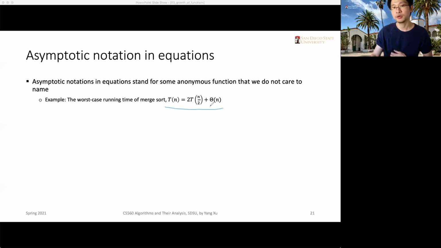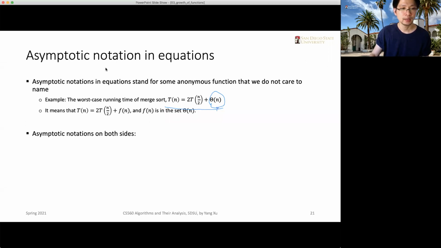But if we don't want to define some constant to write a very specific linear function, we can just use big theta of n to indicate any kind of anonymous linear function. So it basically means that the f of n here is in the set of big theta of n. That's the most common usage, and these notations we can actually put on both sides of the equations. And the example I showed here says that,